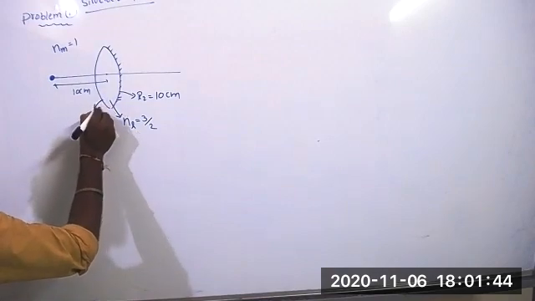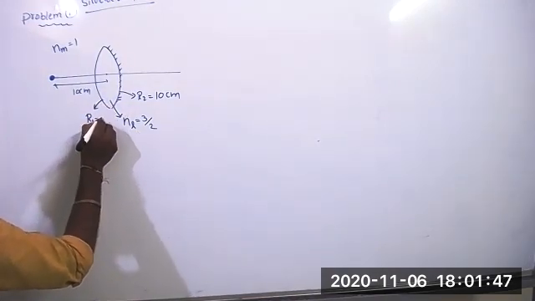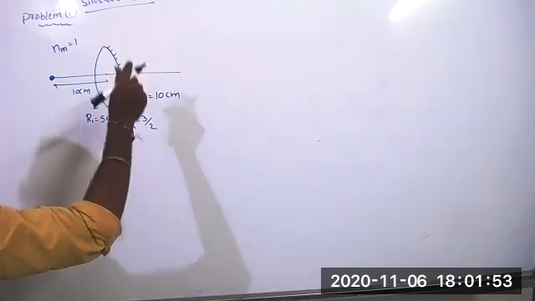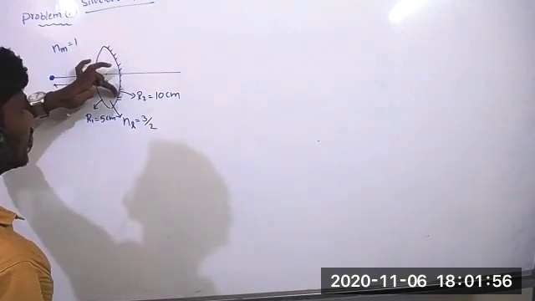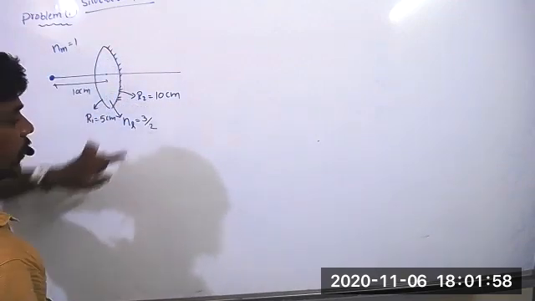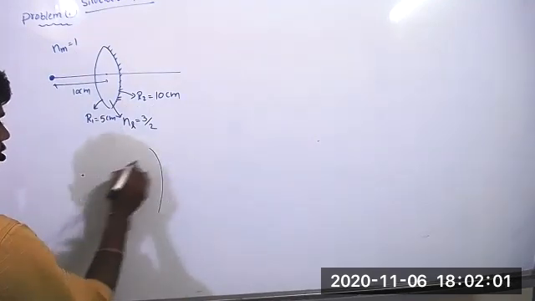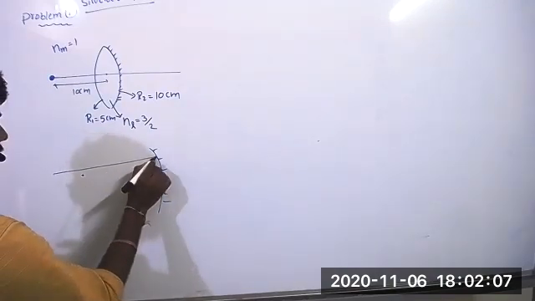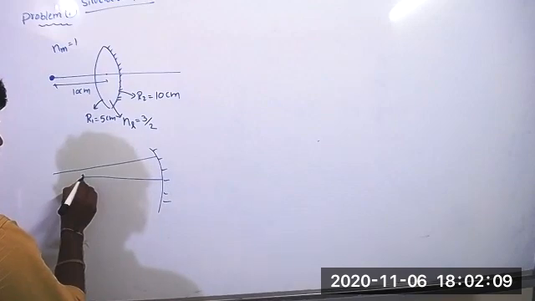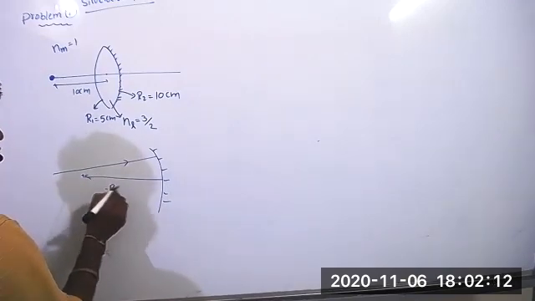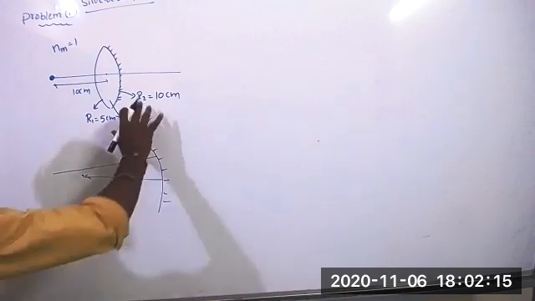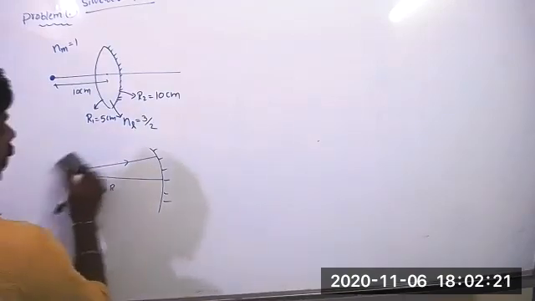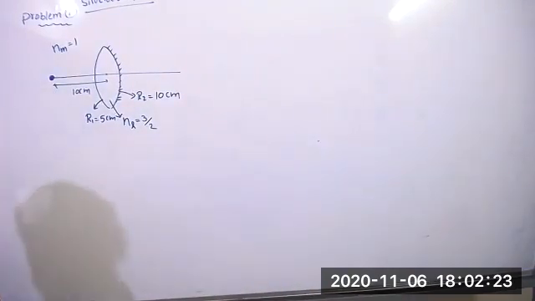Sir, radius of curvature of first and second surface, when we take it in the formula, will it always come positive? We have to take it with a sign. If you take a concave mirror, then definitely it will come negative. The radius of curvature will be here, right? So the object also we will place in this direction only. Light rays will come like this, but you have to measure from here to here, right? Then it will become negative. Okay, so we have to take it with respect to their sign. For a convex mirror, it will become positive because it will stay inside.